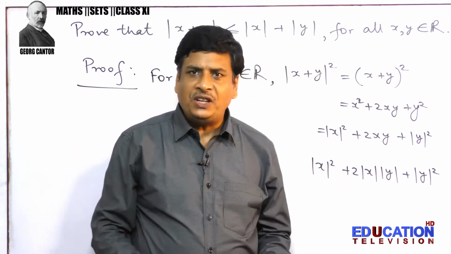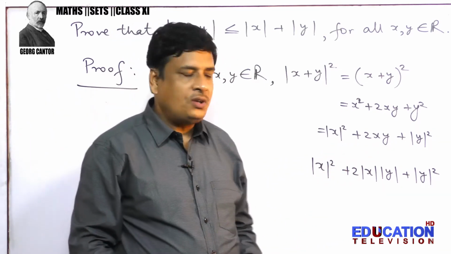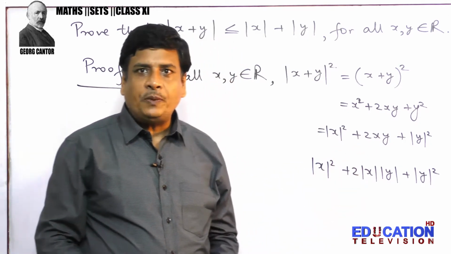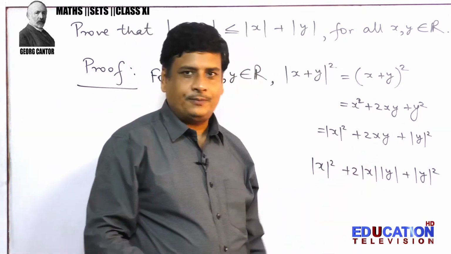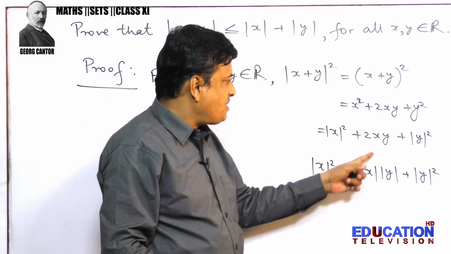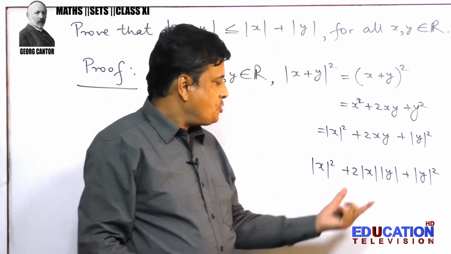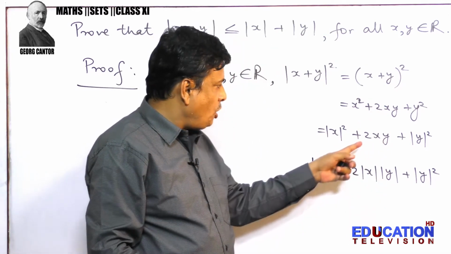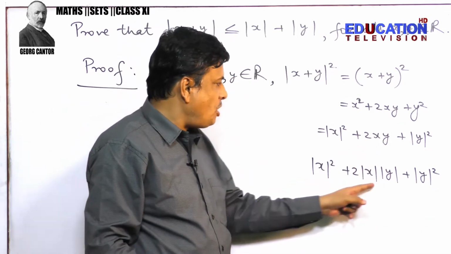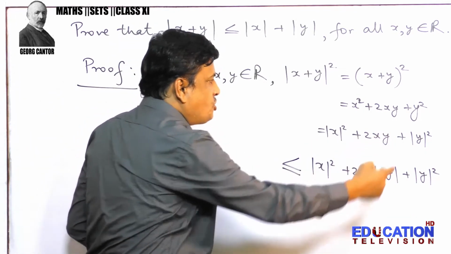Then what will be the difference? In these two steps, what will be the difference that can be made by the replacement of x by modulus x, y by modulus y? So just we have shown what will happen. Modulus x is greater or equal to x. Modulus y is greater or equal to y. So the product of these two is greater or equal to the product, twice xy. Then the sum of these three terms is either greater or equal to the sum of these three.